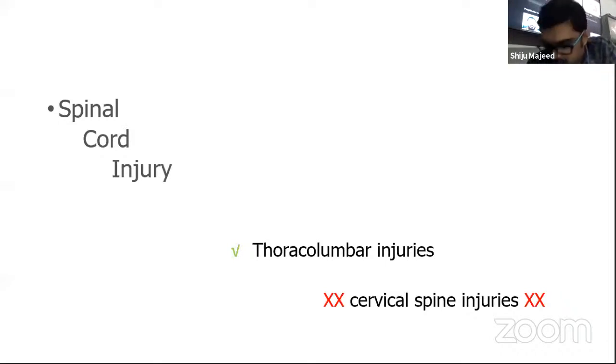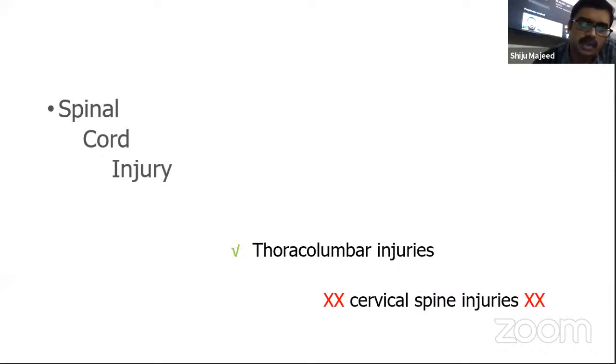Fractures of the spine, what essentially we are discussing is a spinal cord injury. All of us know that spinal cord injury is a very devastating injury that anybody can have, because the treatment options are limited, and at the same time the outcome of these treatments is also not very great. For the undergraduate part, we will be discussing thoracolumbar injuries, fractures in the thoracolumbar area, and cervical spine